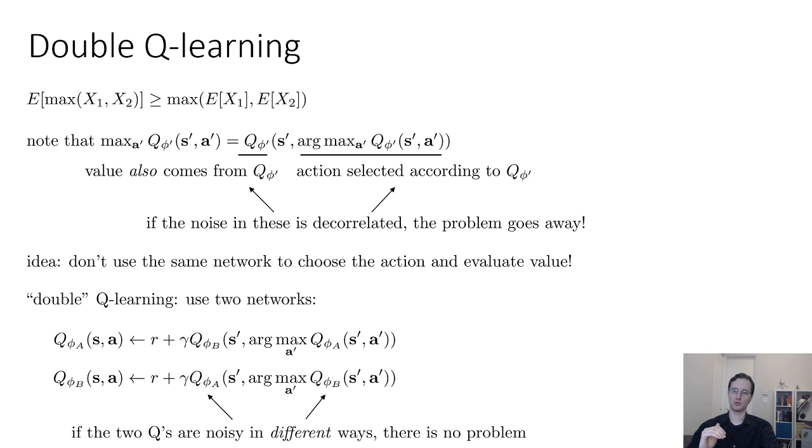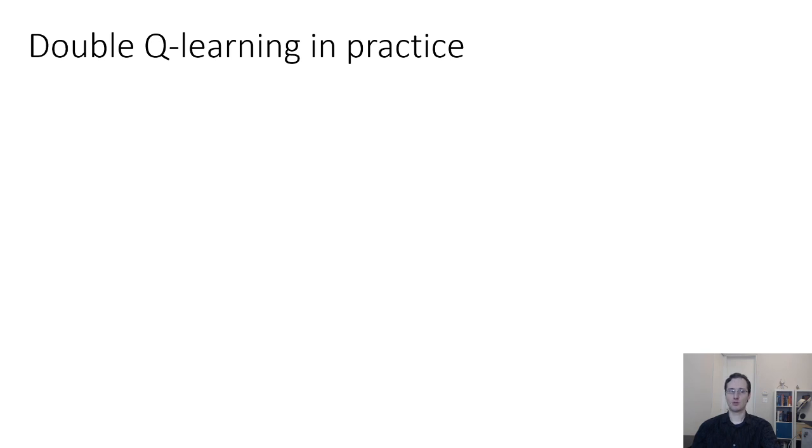So if the two Q networks are noisy in different ways, then in principle the problem should go away. Now in practice, the way that we can implement double Q learning is without actually adding another Q function, but actually using the two Q functions we already have. So we already have a phi and a phi prime, and they are different networks, so we'll just use those